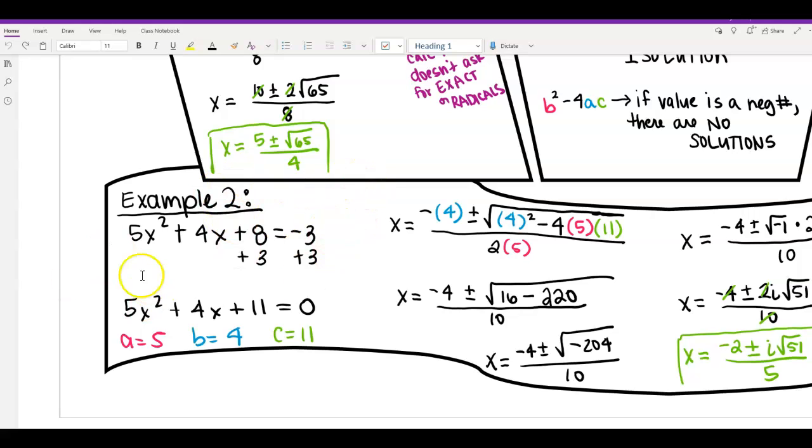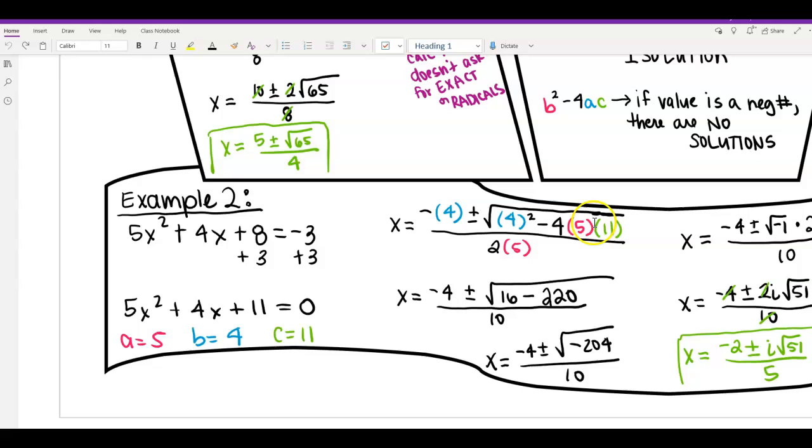So you can see here in example 2, number 1, notice it did not start equal to 0. So before I do anything, I'm going to add 3 to both sides. Then I got 5x squared plus 4x plus 11. So at this point, I can go ahead and do my quadratic formula, write my values down, put them in